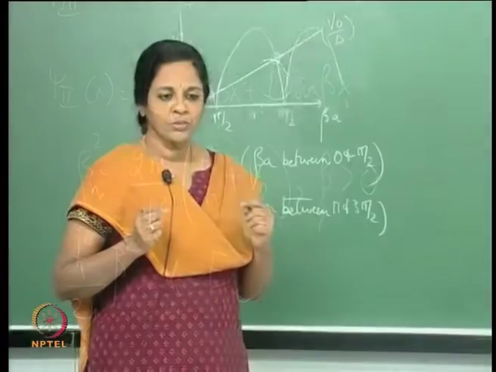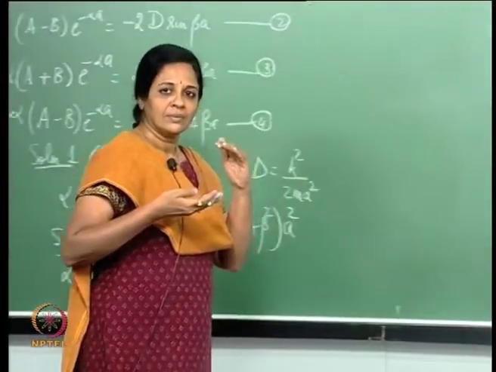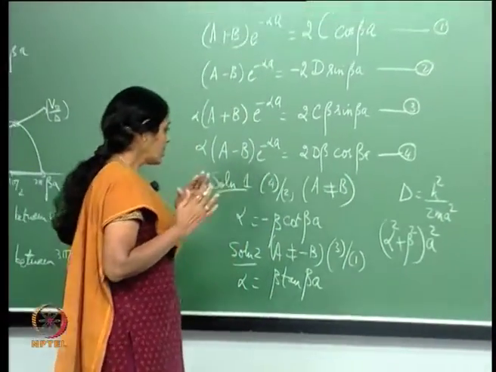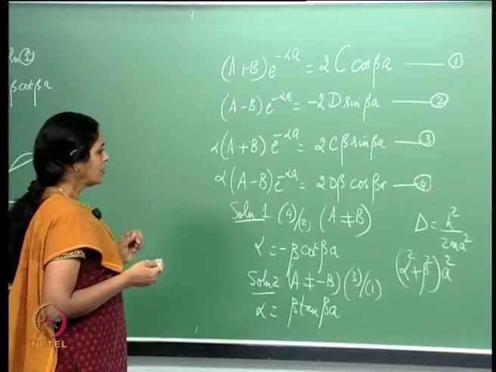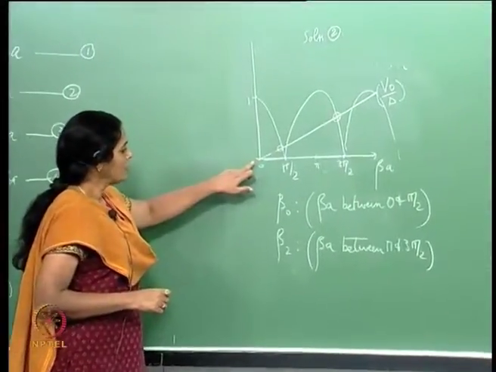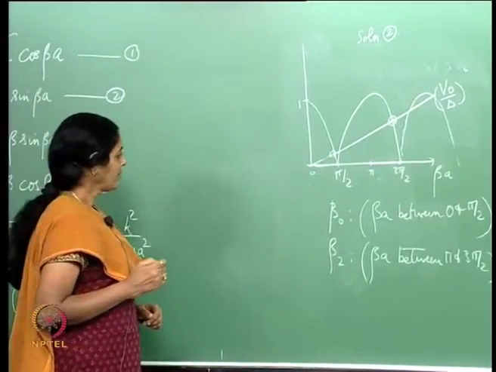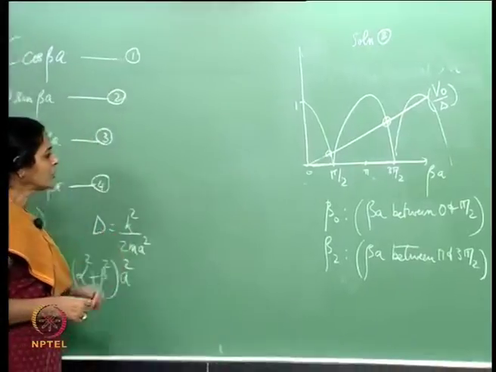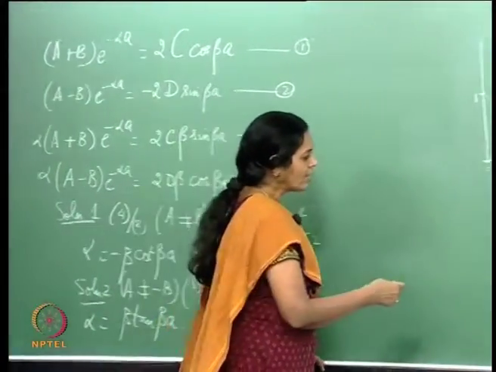The important thing, which I also emphasized last time, was that however shallow the well may be, however small the strength of the potential may be, you find that there is definitely one solution, and that solution comes for beta between 0 and pi by 2. There is always a solution. That is an important feature of the quantum system. If you look at this,